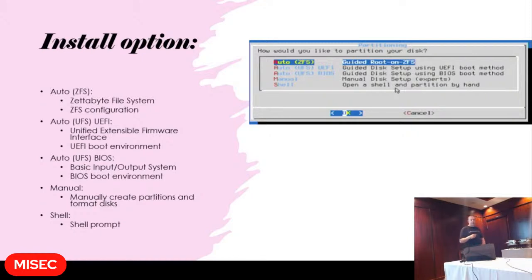For installation options, you actually have a couple of different options here. You've got ZFS, UEFI, BIOS, manual, and shell. ZFS is going to be nice if you have a system that has a lot of memory in it. That's one of the biggest downfalls. If you have a low-end device with very low configurations, you probably want to stay away from ZFS. Then you have UEFI, which is more secure and requires a little less RAM. It also has options for larger storage